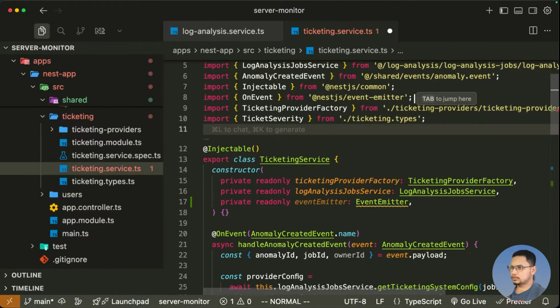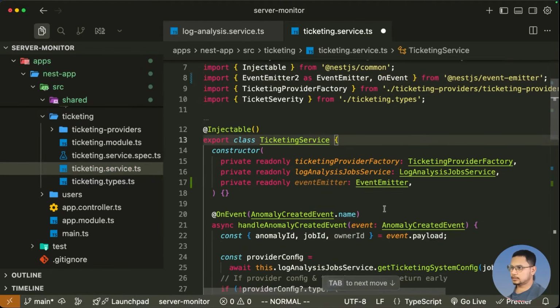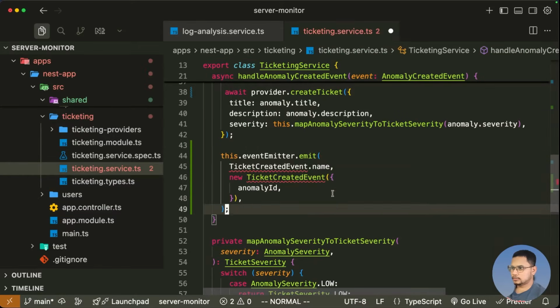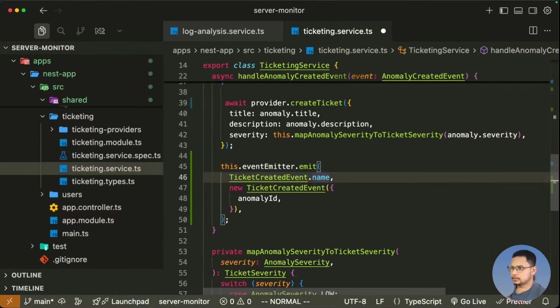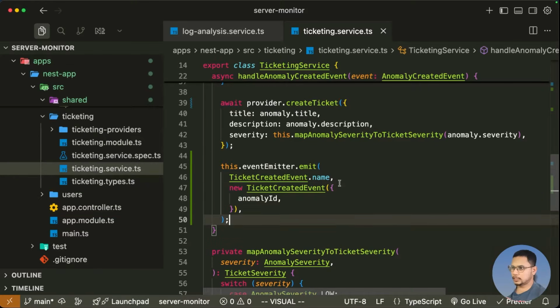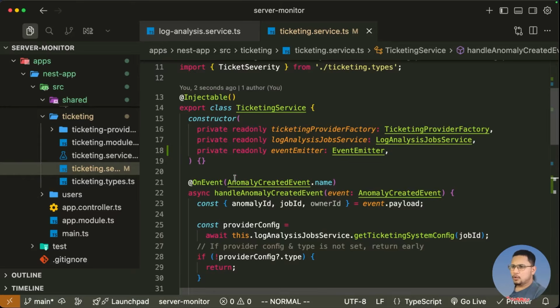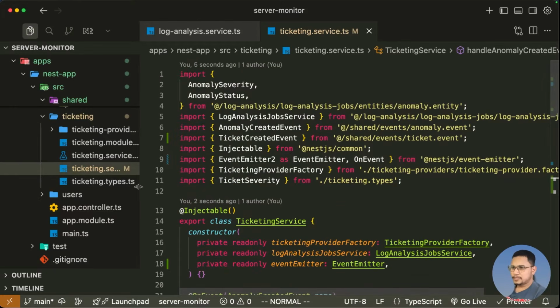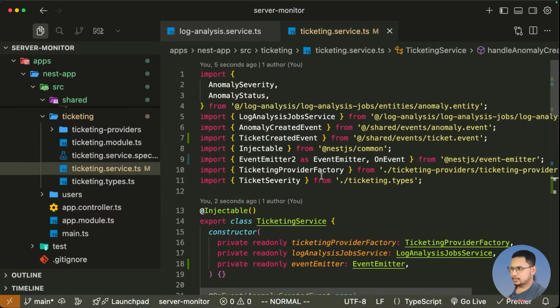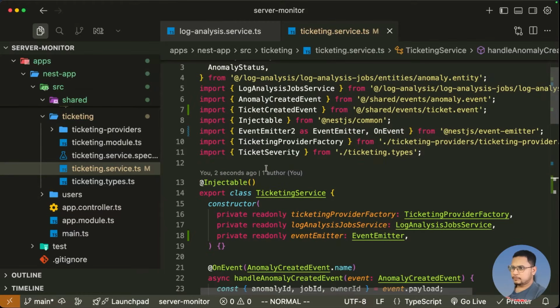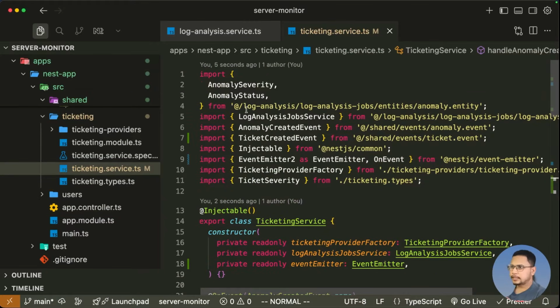Okay, we can bring it here. Event emitter 2, perfect. And ticket creation event, and we are just passing the anomaly ID. That's good. All right. Now I want to perform some more refactoring, right? Like if you see here, let's say from this ticketing service, if we are accessing anything from the log